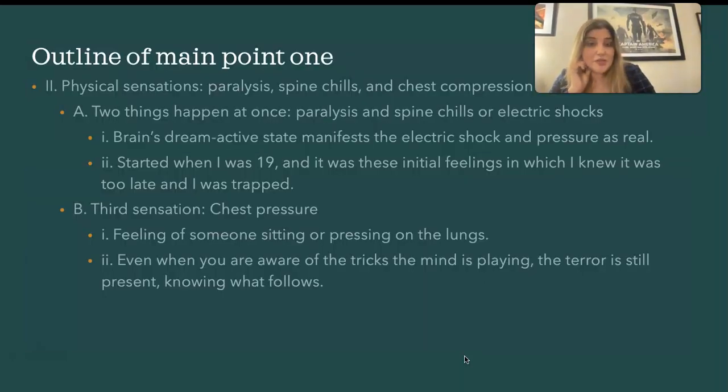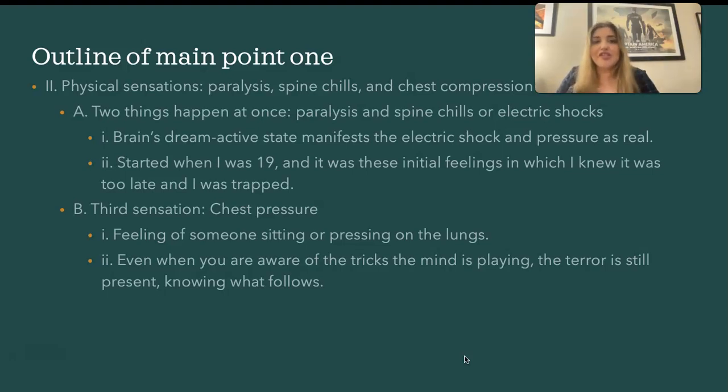We're going the other way now. So I'm showing you the outline first. Outline and main point 1. I'm going to talk about physical sensations. So paralysis, spine chills, chest compression. So I'm going to go over 2 subpoints here. The first one is 2 things happen at once, paralysis and spine chills or electric shocks. And